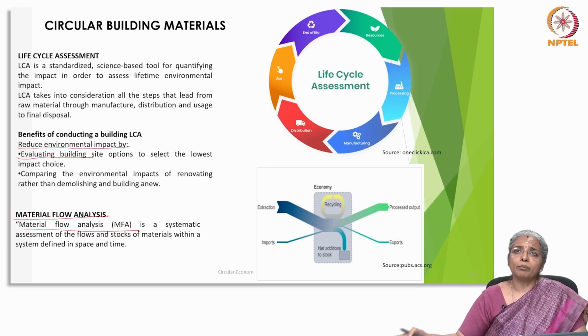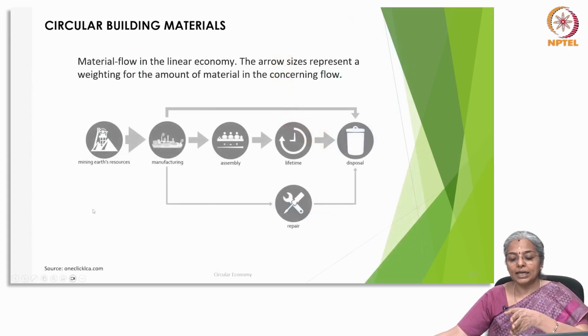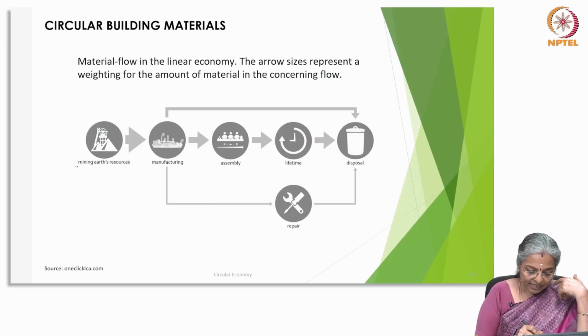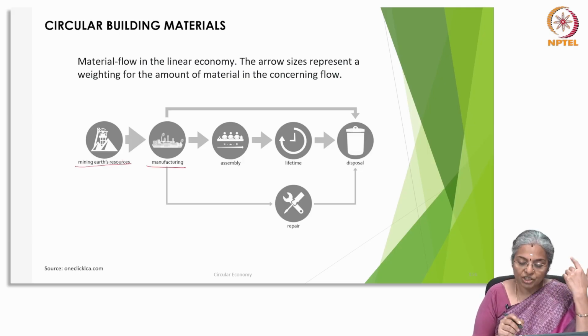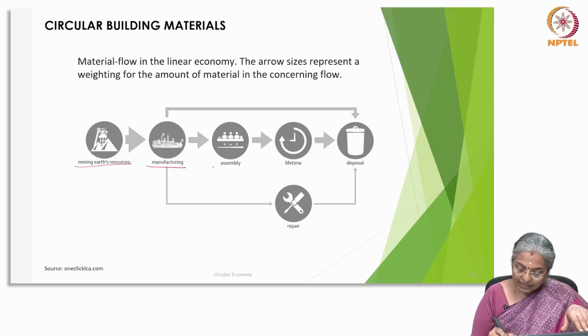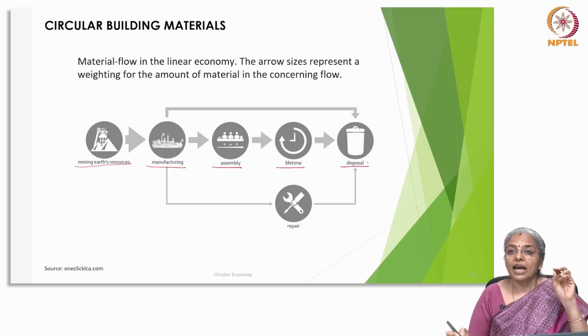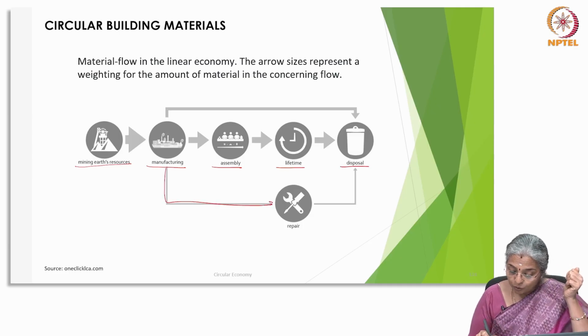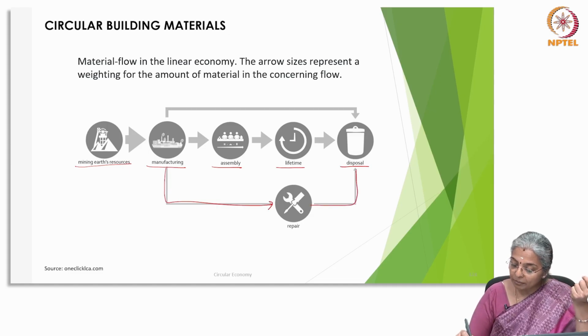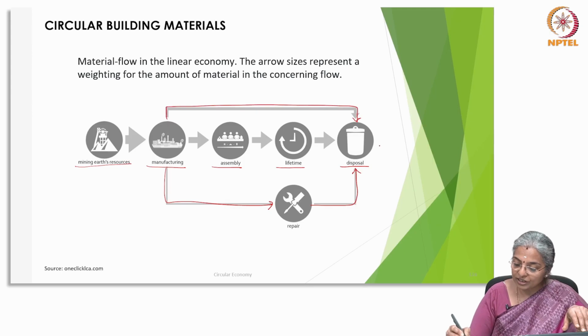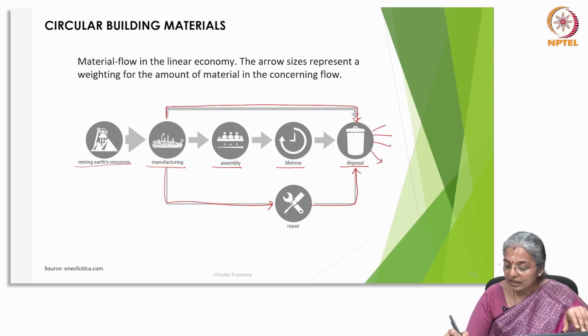So, if you look at material flow in terms of a linear economy, you can see that in a linear economy, the raw materials will be extracted from earth through mining. It is manufactured as a material or a product. Then you start assembling it. Then after its lifetime, you start discarding it as a waste and it gets disposed. At the most, when you manufacture it, you could probably repair it if it has an issue. If it is not repairable, again it gets disposed. And waste generated through manufacturing is also disposed, and this goes to the elements of nature and pollutes